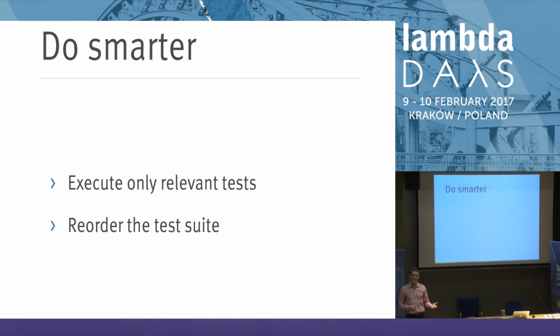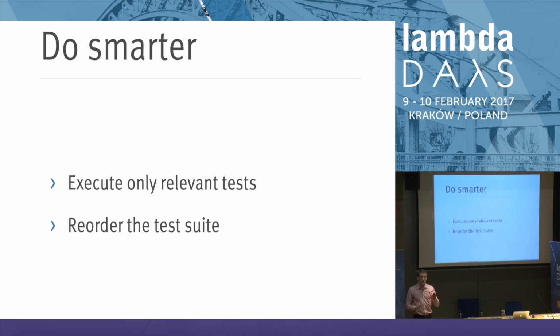Of course, the trickiest bit is to think smarter. But it's still worth taking a look at. We might execute only relevant tests. That is, follow the dependency graph of our namespaces and try to run only tests which actually have a chance of killing the mutant. If we modified something somewhere in the view logic, it's unlikely that the database tests will catch it, right? So it's not worth executing them, it's just a waste of our time.